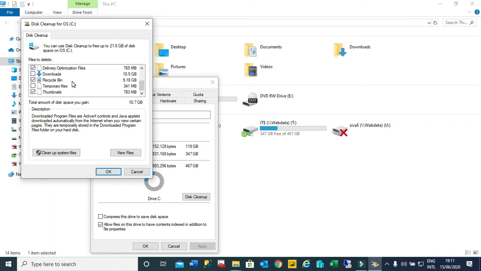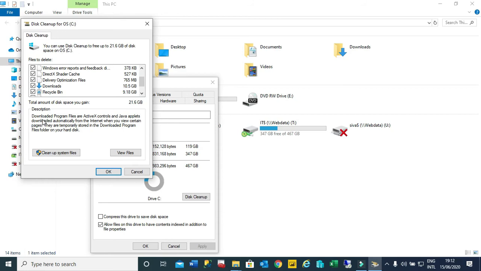So C drive space is unnecessarily occupied and overloaded, and the speed of the laptop or PC is becoming very slow. Even without taking the download files, where we may have some important movies, MP3s or study materials, we can ignore this. But in my case, whatever I have downloaded, I have moved everything to the D drive. So I will check this download also. Now it is clearing 21.6 GB of space. Most important to note here is that it is deleting from the C drive.